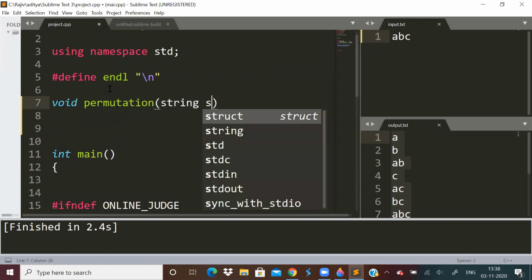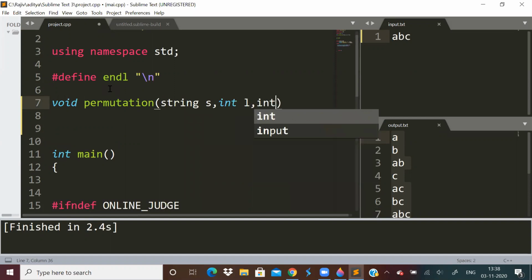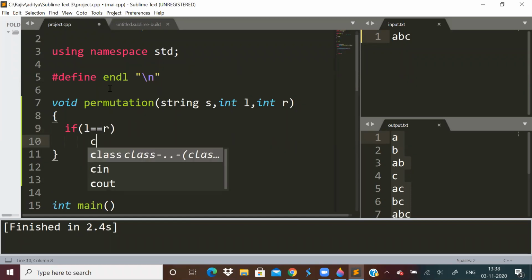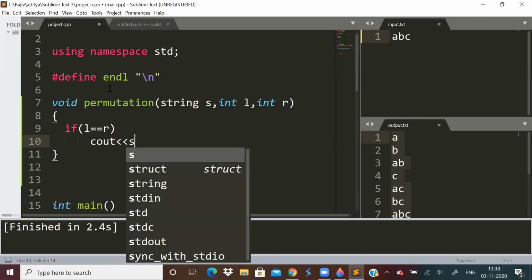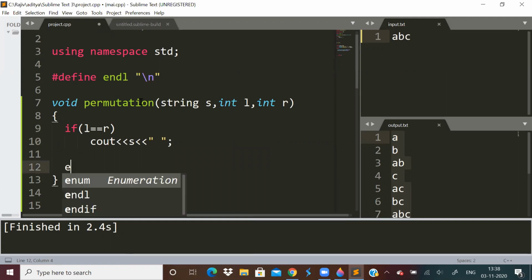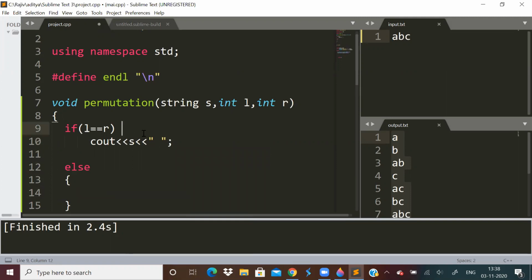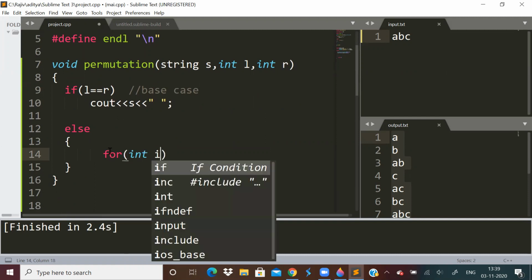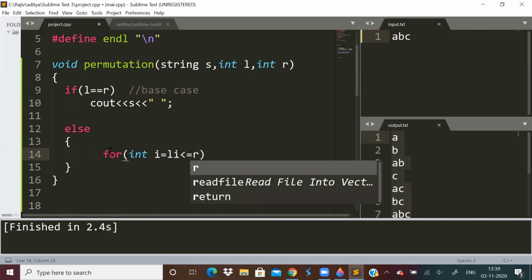The parameters are the string, the starting index and the ending index. The base case is if L equals R, then we output the string. Otherwise, we run a loop from i equal to L to R.